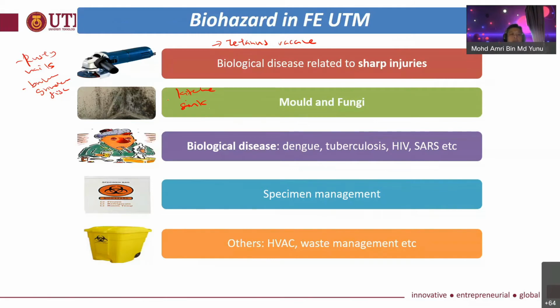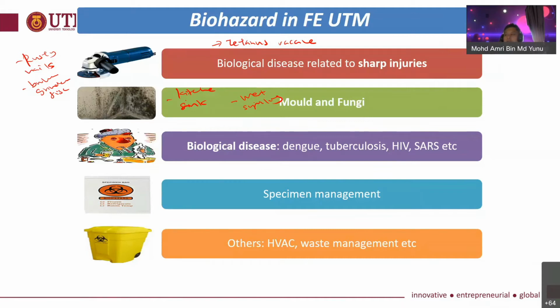Or sometimes a ceiling that is wet due to water damage. Over time, it could develop mold or fungus or fungi. Some people are very sensitive to mold and fungi, or everyone, if they are exposed to this mold